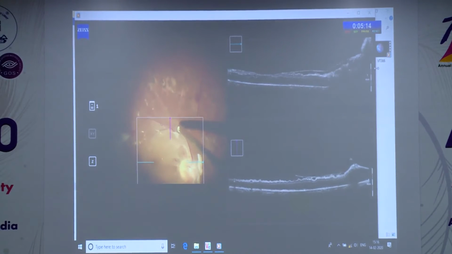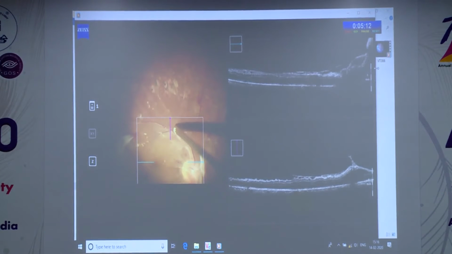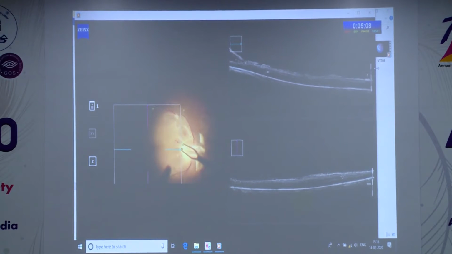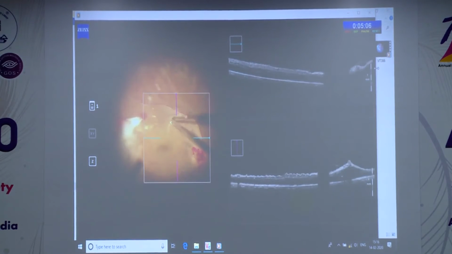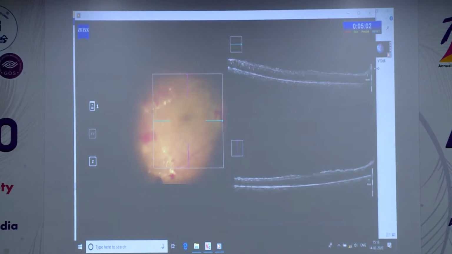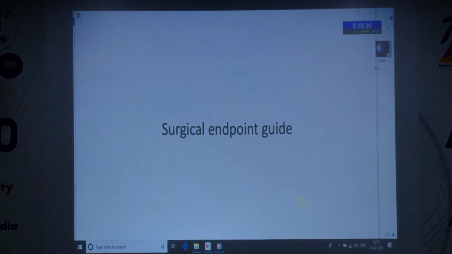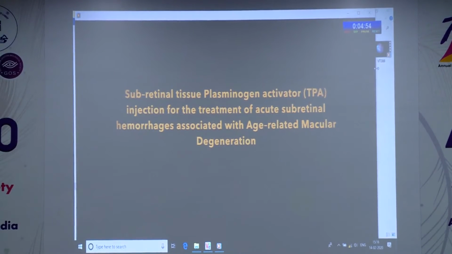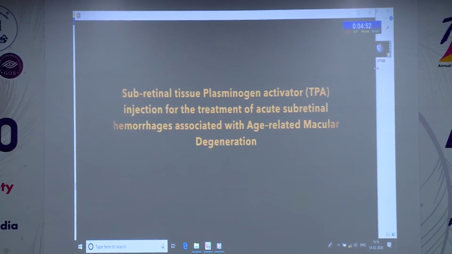Intraoperative OCT allows the surgeon to work and dissect near the retina without causing trauma to it. Live visualization of the retina by OCT prevents deroofing of the cystic spaces during membrane removal. Intraoperative OCT is an impeccable tool to assess the surgical endpoint, especially while giving subretinal tissue plasminogen activator injection.